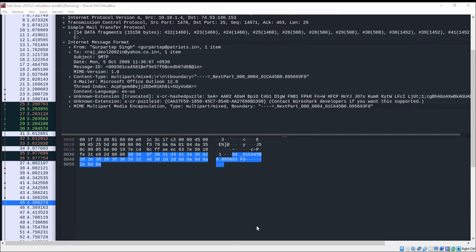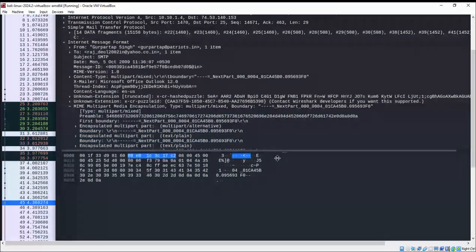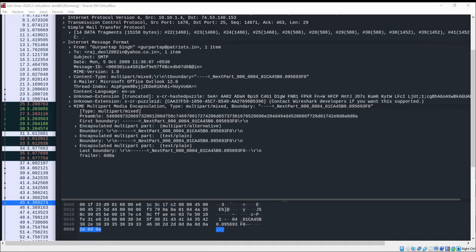One of the important points to note is that you can also see the email client. Over here you can see Microsoft Office Outlook and its version. And now we are going to look at the content of an email. Just click over here, multi-part media encapsulation. Here, and then here, encapsulated multi-part,